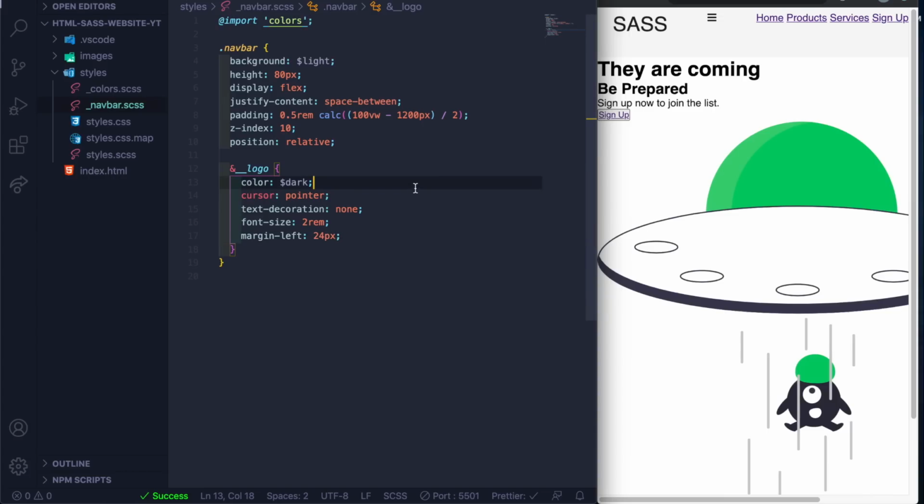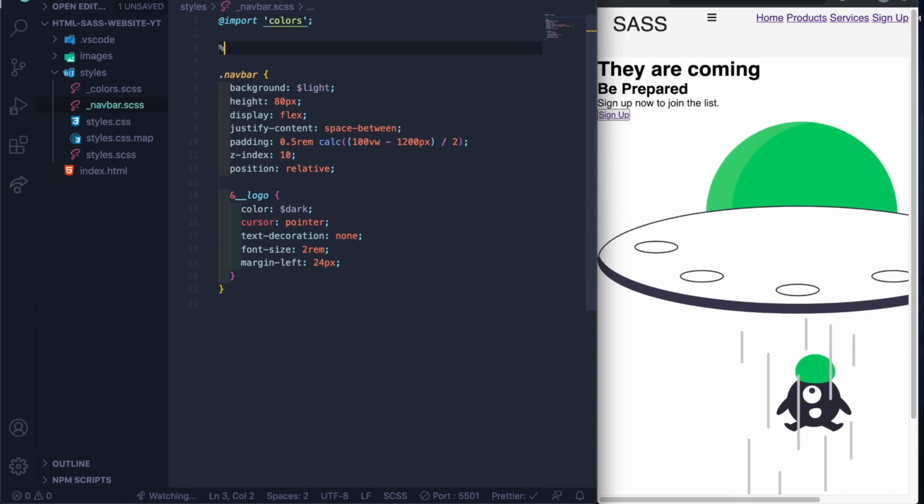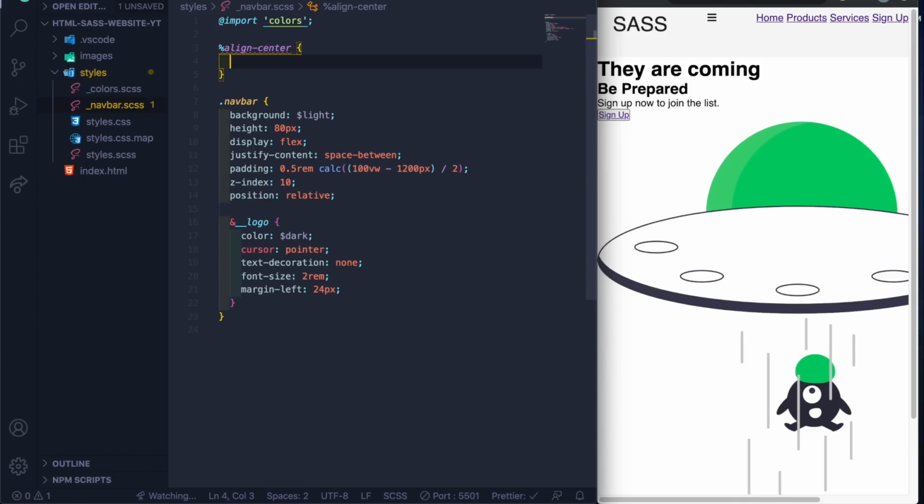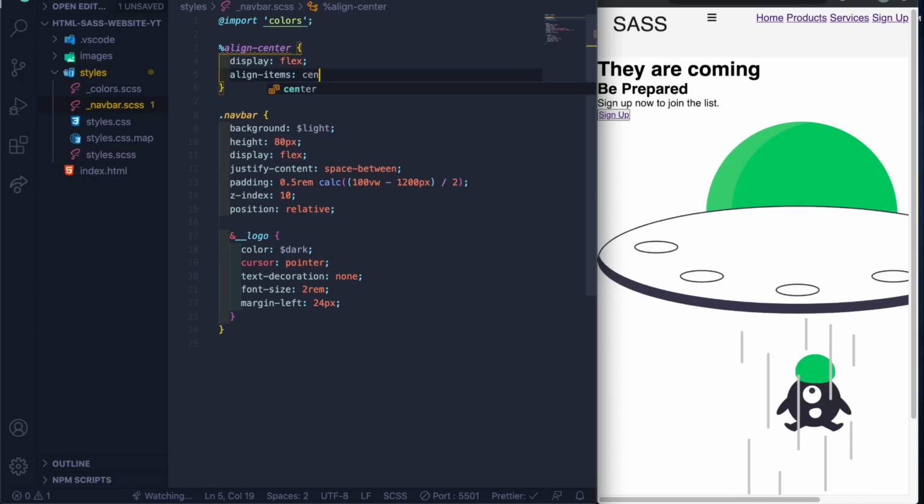Now there's a really cool trick you can do with SASS too. I can go back above and I'm just gonna do a little % sign and then just say, I'm gonna call this one align-center. And then curly brace, and you can pass in values that you end up reusing a lot. So for this short little code here, I ended up using display flex and align items center on multiple different HTML tags. So instead of me having to repeat that every single time, I can just create it at the top here,